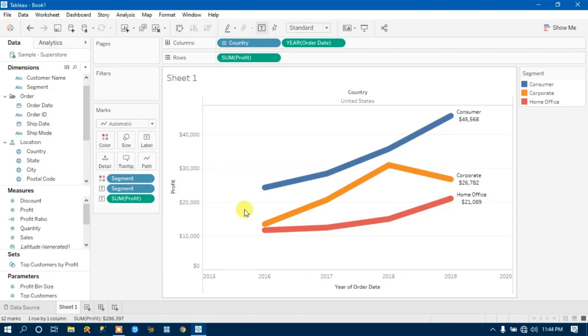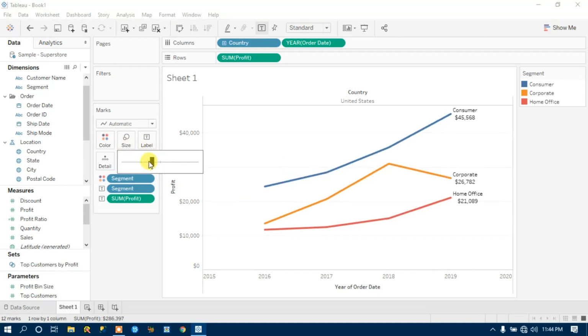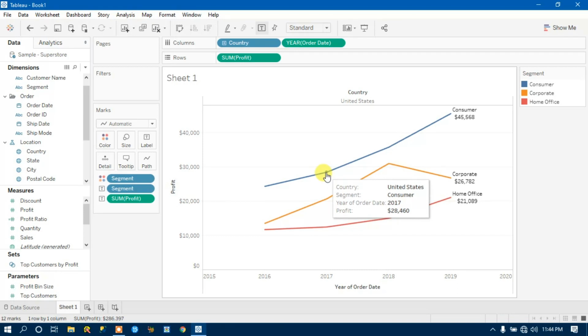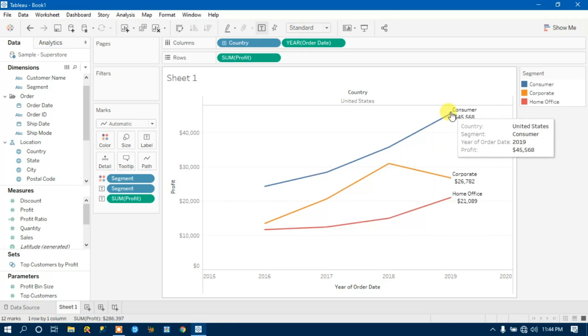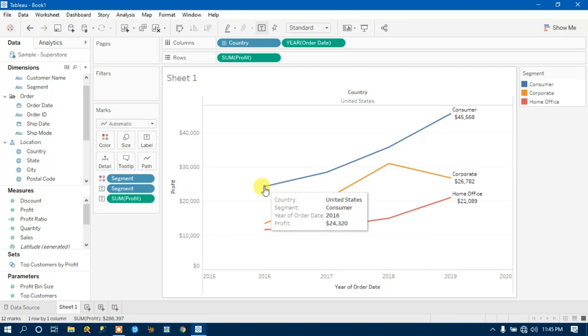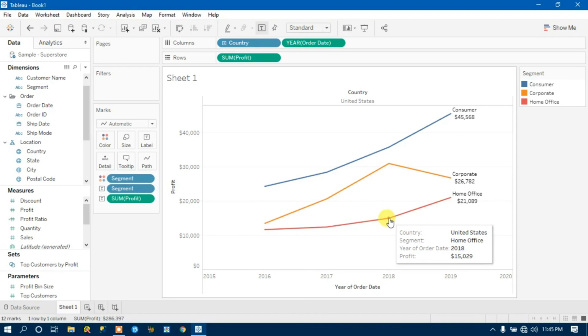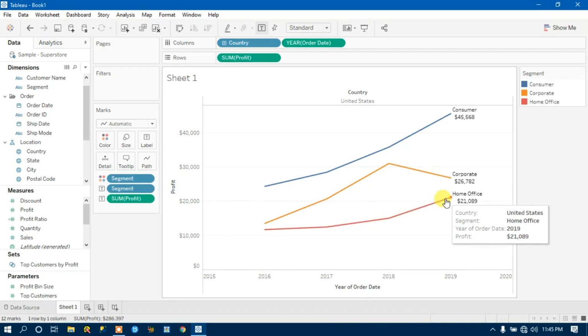What I want is, in case the profit is high, then I want to show the trend line as a little bit thicker. Suppose here we have a high profit, so I want this line to be shown as a thick line. Here my profit is down, so I want to show this line as a thin line. Again here a thin line, then again it's going a little up, then a little bit thick, then a little bit more thick, then a thick line. So how can I visualize this?